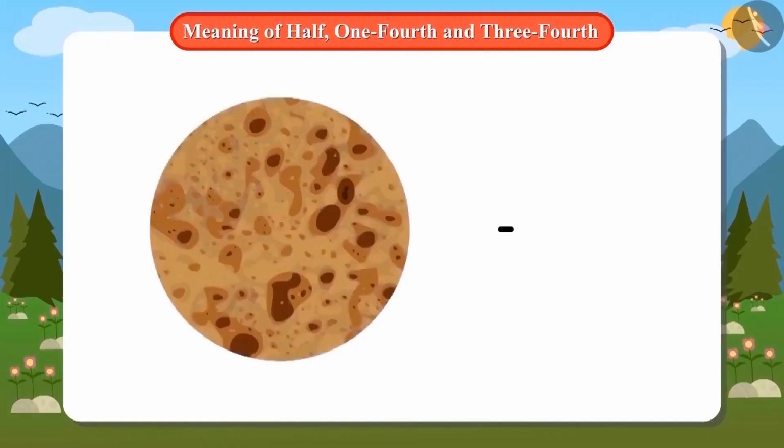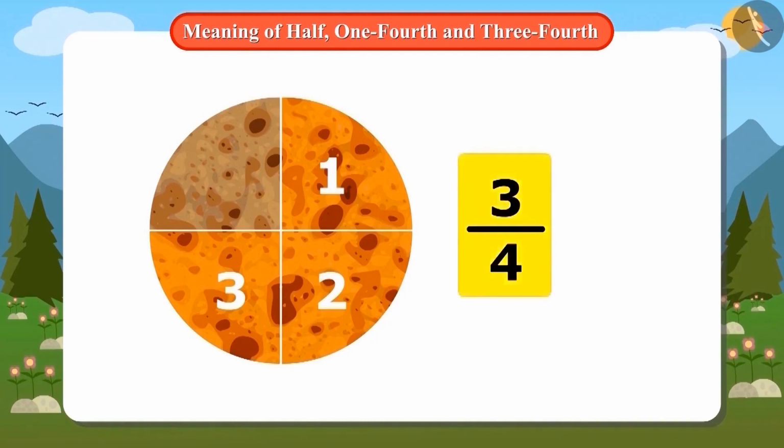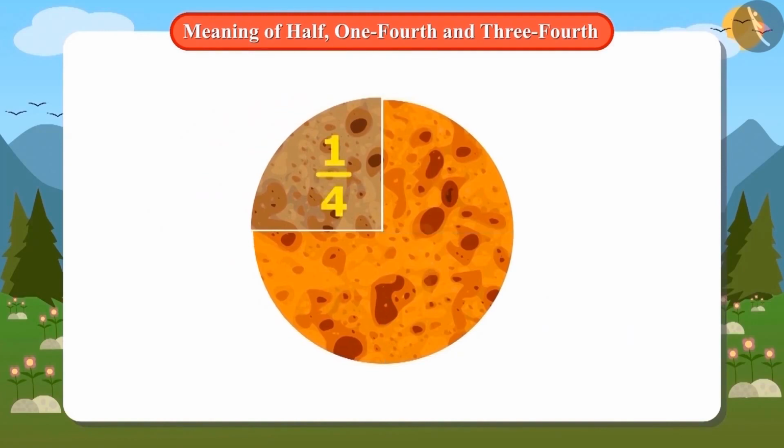This is also very easy. First, draw the line of division. Write down the total number of parts below the line, that is 4. Now write down the number of parts that Neha ate of the paratha above the line, that is 3. So we can say that Neha has eaten 3/4 of the paratha. 3 over 4 is also called 3/4. Well, I ate 1/4 of the paratha and Neha ate 3/4 of the paratha.